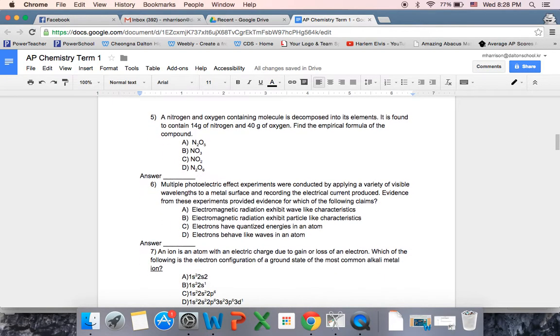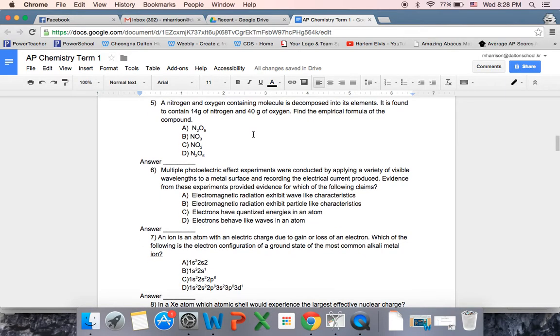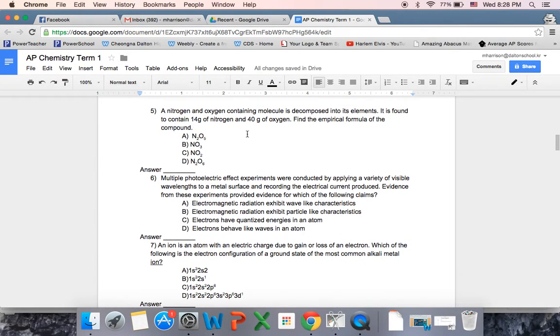A nitrogen oxygen containing molecule is decomposed into its elements. It's found to contain 14 grams of nitrogen and 40 grams of oxygen. Find the empirical formula again below. So again, we look at the molar mass of each, 14 divided by nitrogen, which is 14, and 40 divided by 16, giving us